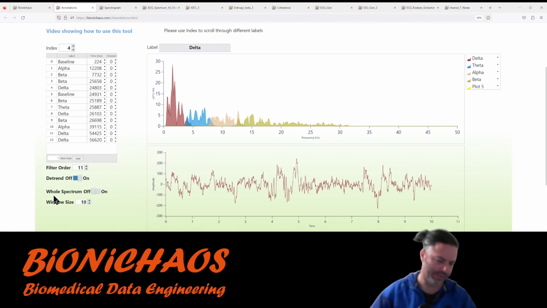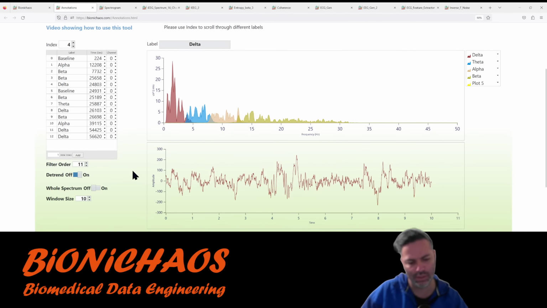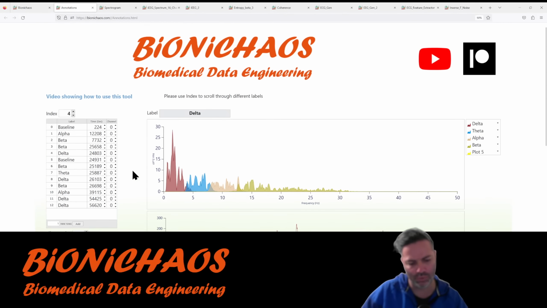It would be good to have a log scale here as well, or at least an option for it.